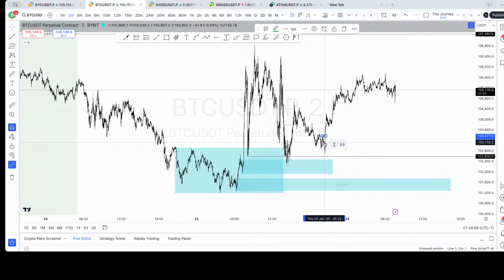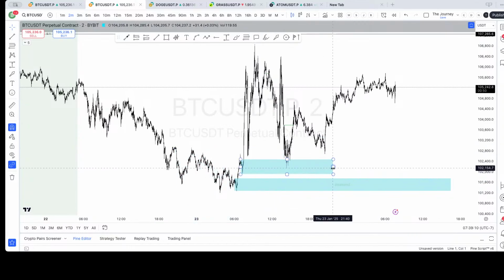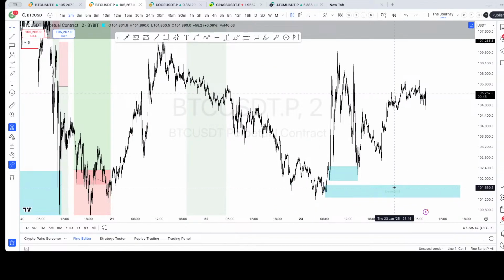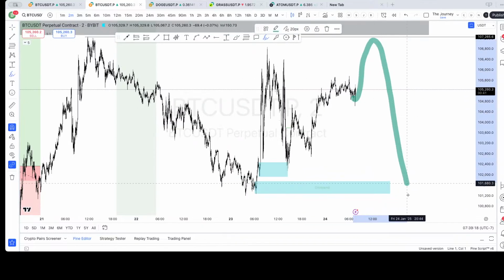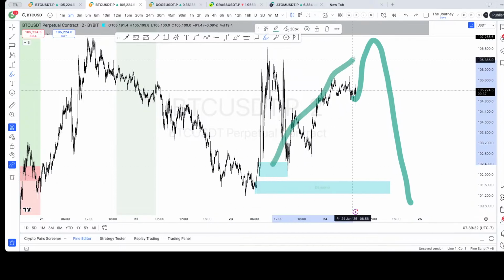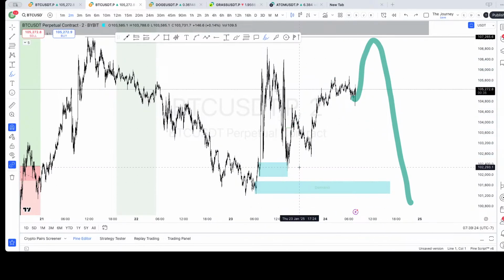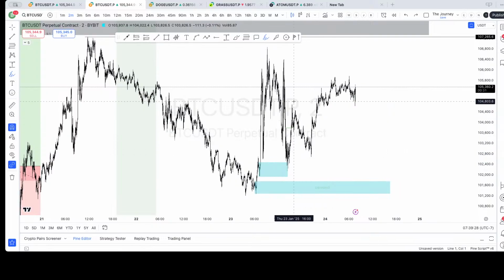All right, so let's mark out some stuff on here because it's pretty much done with a lot of this stuff. Get rid of this. Let's pull that back to here. If we were to come up to here and then down to here, I don't expect a zone like that to work, because you'd have so much larger market structure at play. That wouldn't make sense to me at all.